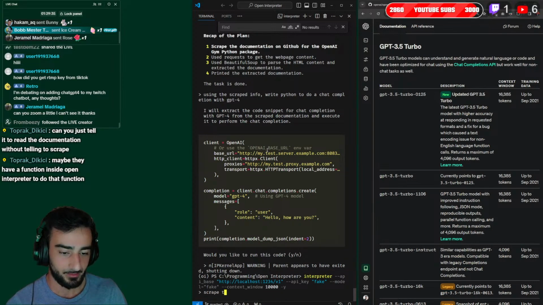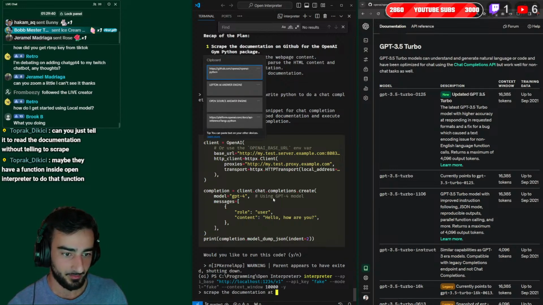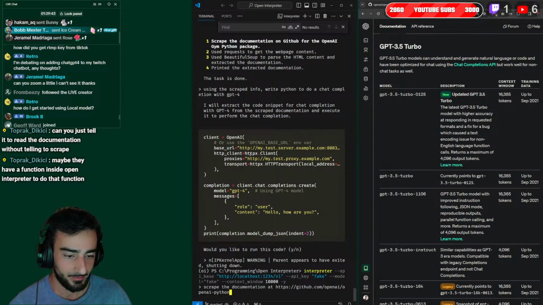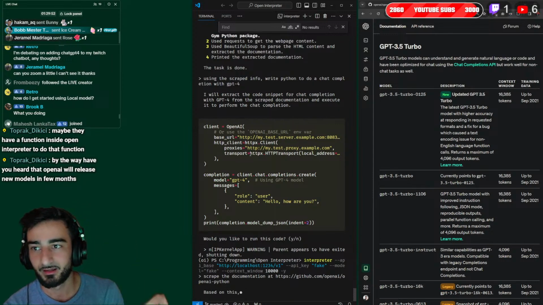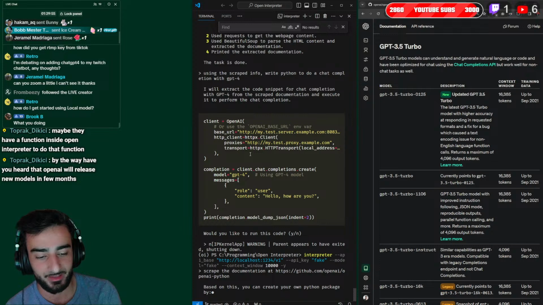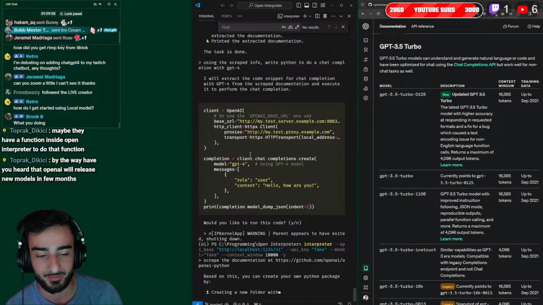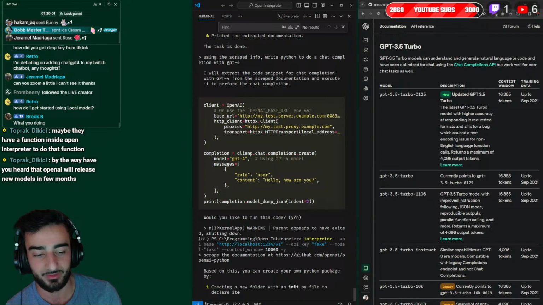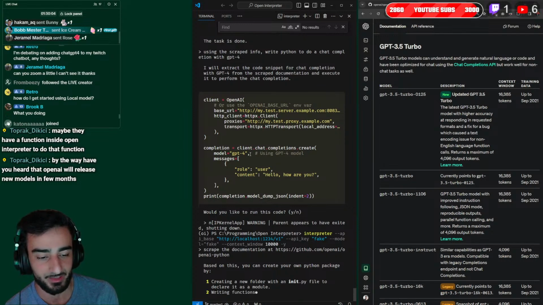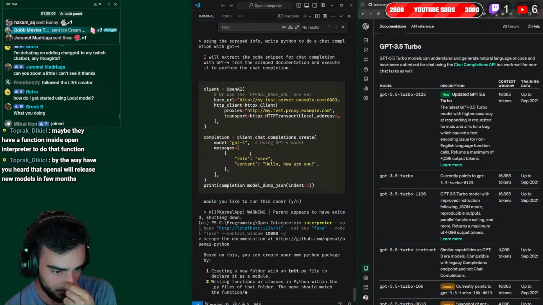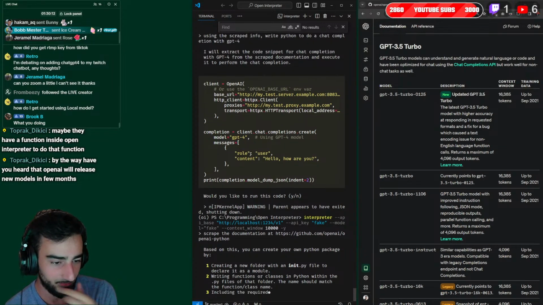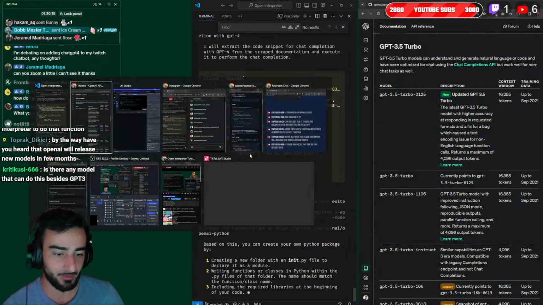Scrape the documentation at, and I'm gonna paste the OpenAI Python. Yo, groq B, what am I doing? I'm testing out this package Open Interpreter, which takes English commands and uses AI to run scripts, create scripts, and pretty much do what you want. So I'm just trying to get it to write some OpenAI code, and right now I'm running it with a local LLM called Open Code Interpreter,